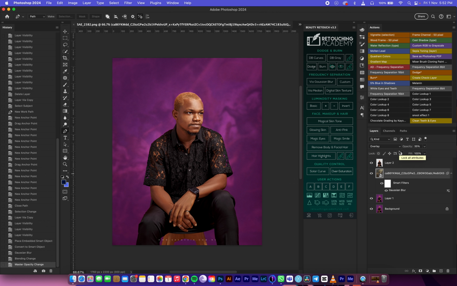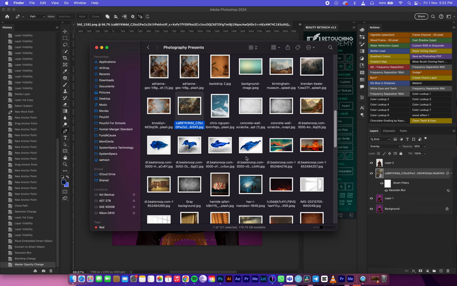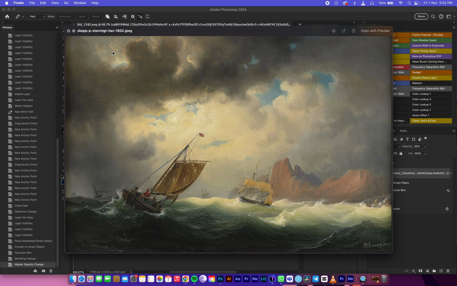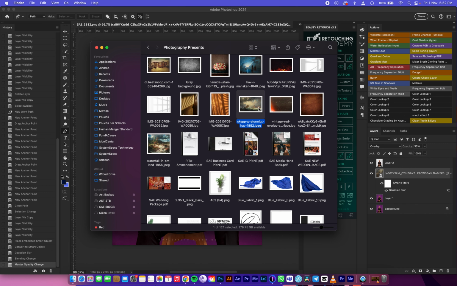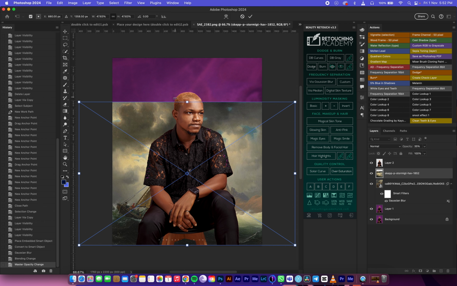That's how you can add an image to your background. I'm going to do another sample so you can see. So let me drag another image. Let me use this. So what I'm going to do is just drag and drop, increase the size to fit the background,